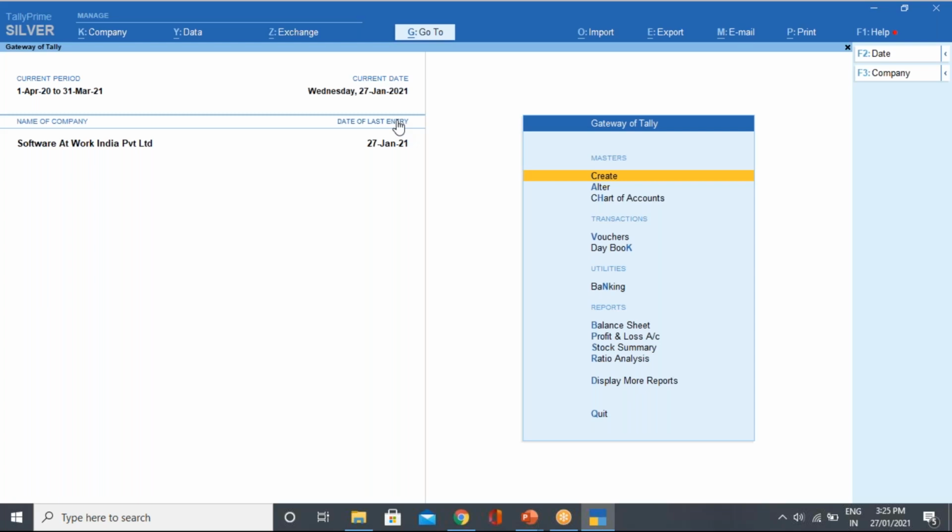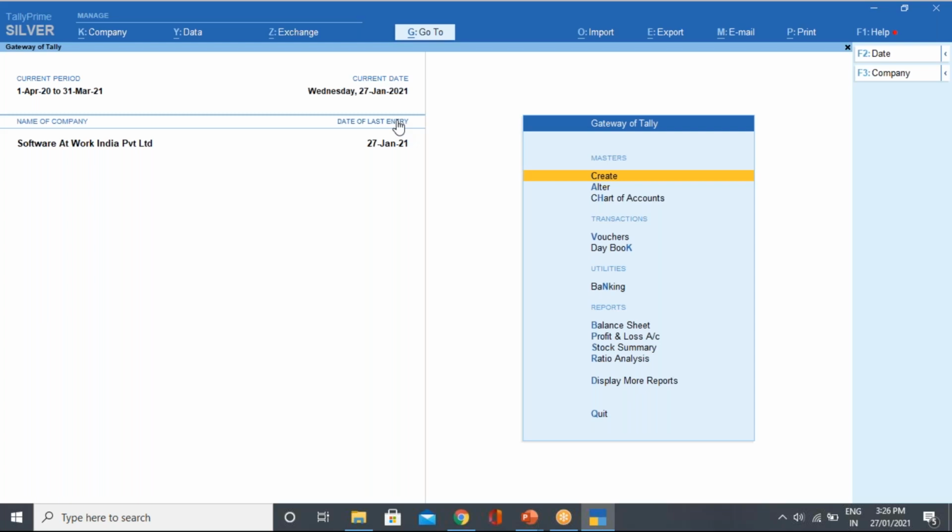Okay, so let us understand how we can do the TDS in Tally. First of all, we will configure the TDS at the company level. First, company configuration we have. Then we will see the party configuration, then expense ledger configuration, and then duties and taxes configuration. So keep this in mind. First, company configuration. Second, party configuration, whatever creditor you have, that configuration we will do. Then expense ledger configuration, and fourth we have the duties and taxes ledger configuration at the last.